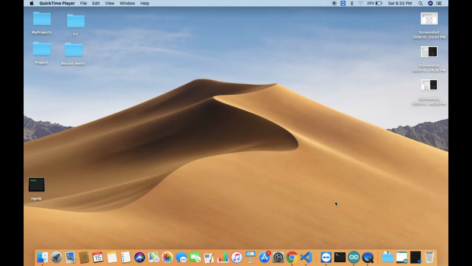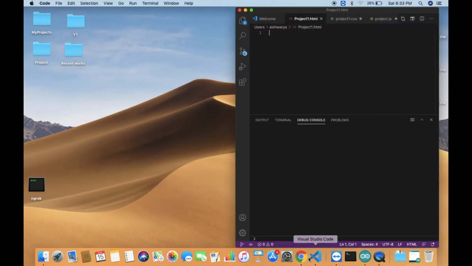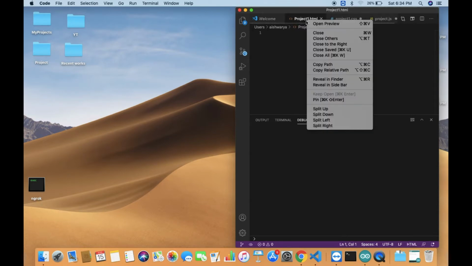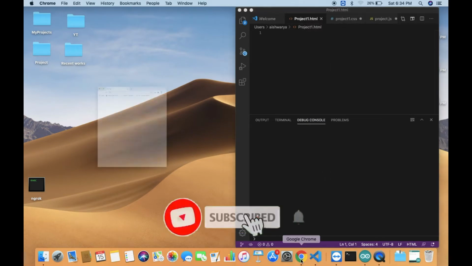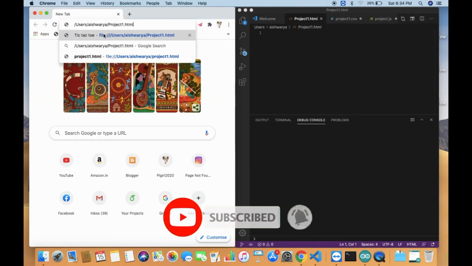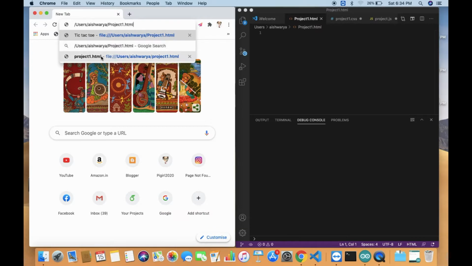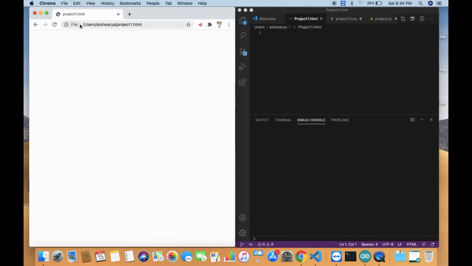So now moving ahead to the video, first you need to download Visual Studio Code or any text editor for coding this game. First you need to make three files: one .html, one .css, and one .js, which the game will be based on. You need to copy this path and put it in your Chrome browser. Basically this is a program which we will run locally first and then deploy later.